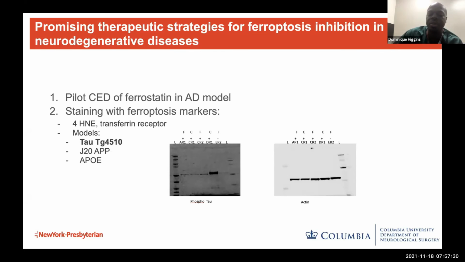Based on the pilot study, it was a little bit variable, but as a proof of concept, we were able to do it. So we're planning to proceed with larger scale studies to see if we can add the inhibitor and inhibit the tau phosphorylation progression, and see changes in ferroptosis markers as well as clinical benefit